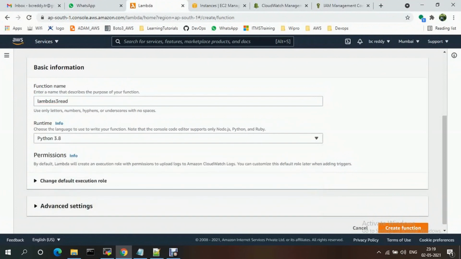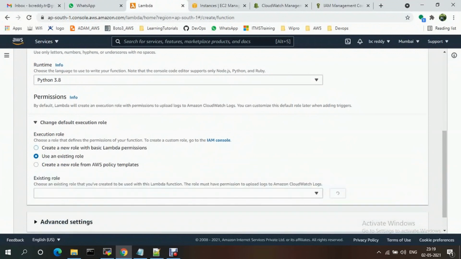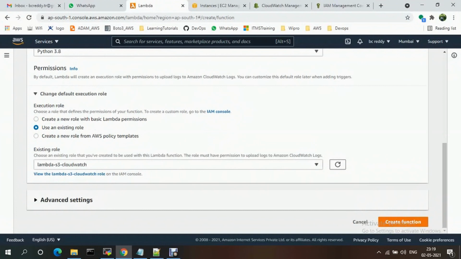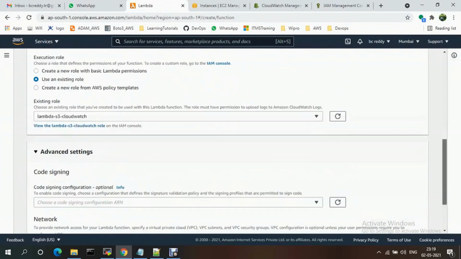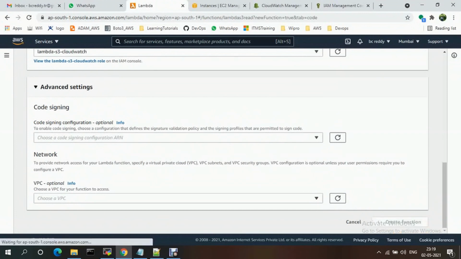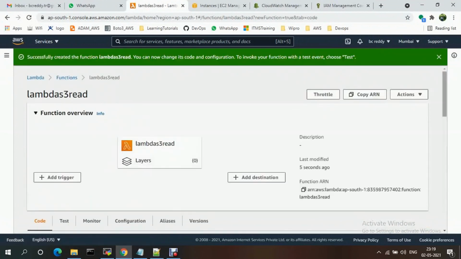I'm using an existing role, so I'm selecting my Lambda S3 CloudWatch role. I don't have any separate VPC or advanced settings, so I'm just creating the function. I just created the function.